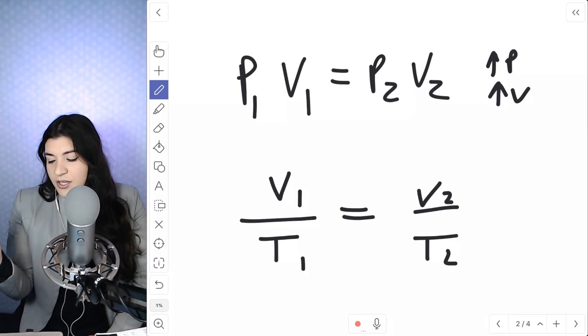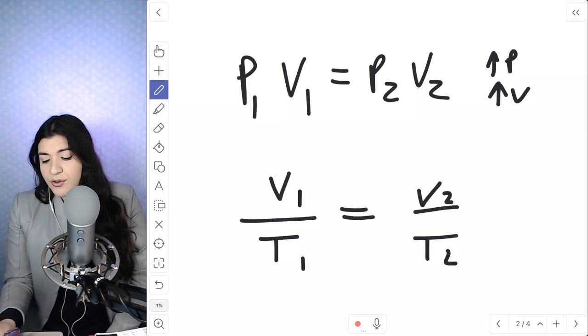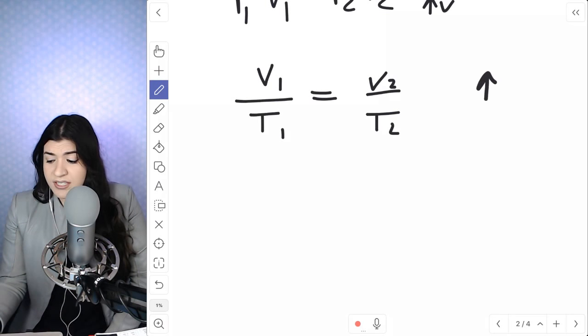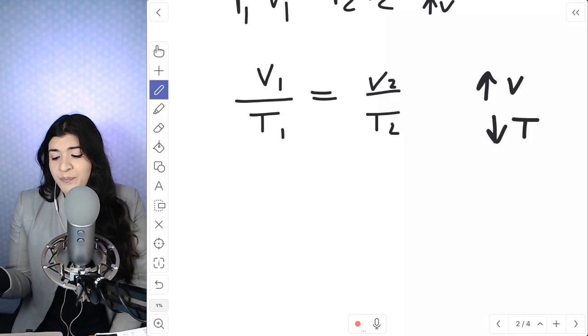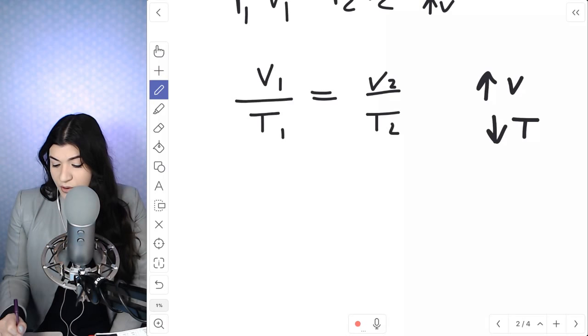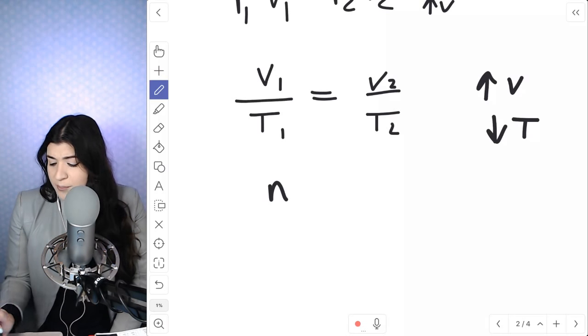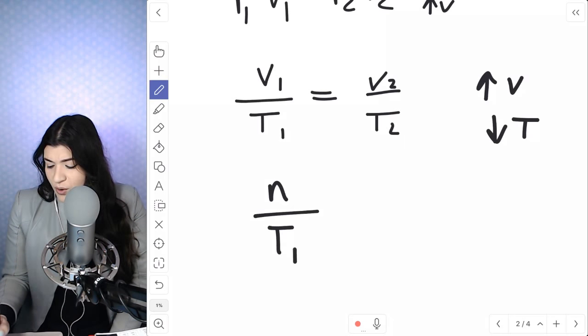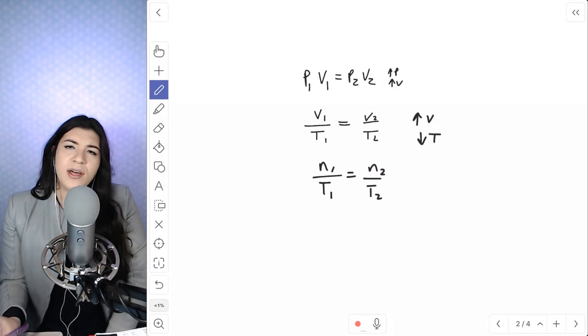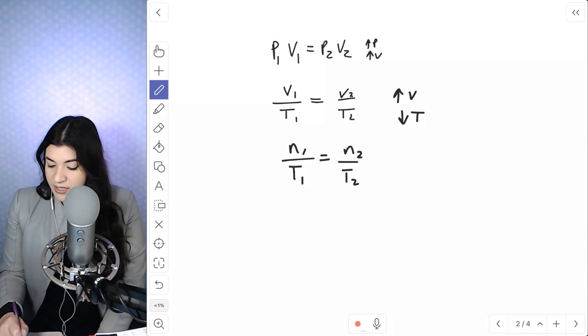It's going to be everything else, like Charles' law with volume and temperature, because as one increases, the other decreases. That's known as inversely proportional. And then you can think of something like Avogadro's law, with moles versus temperature and so on. The main one I'd say is the most important to know is PV equals nRT. That's the ideal gas law,